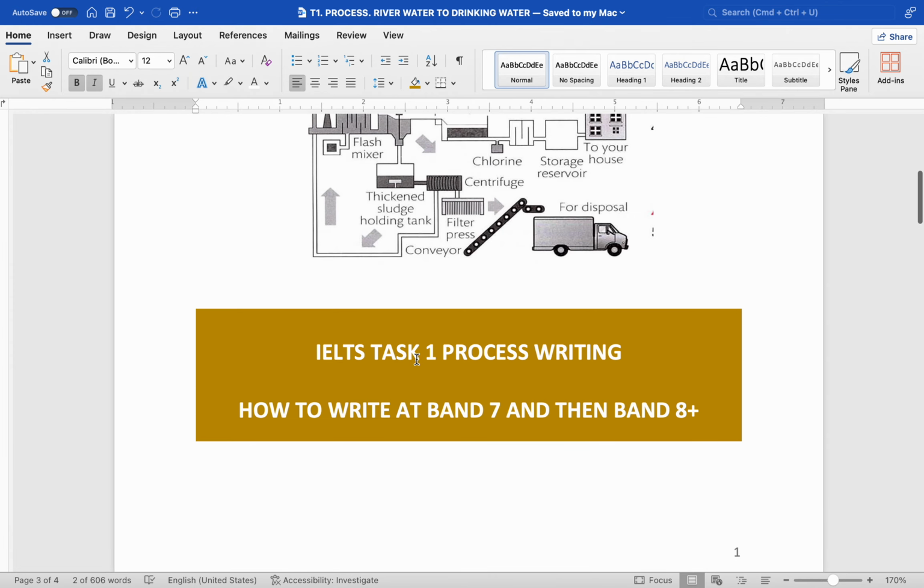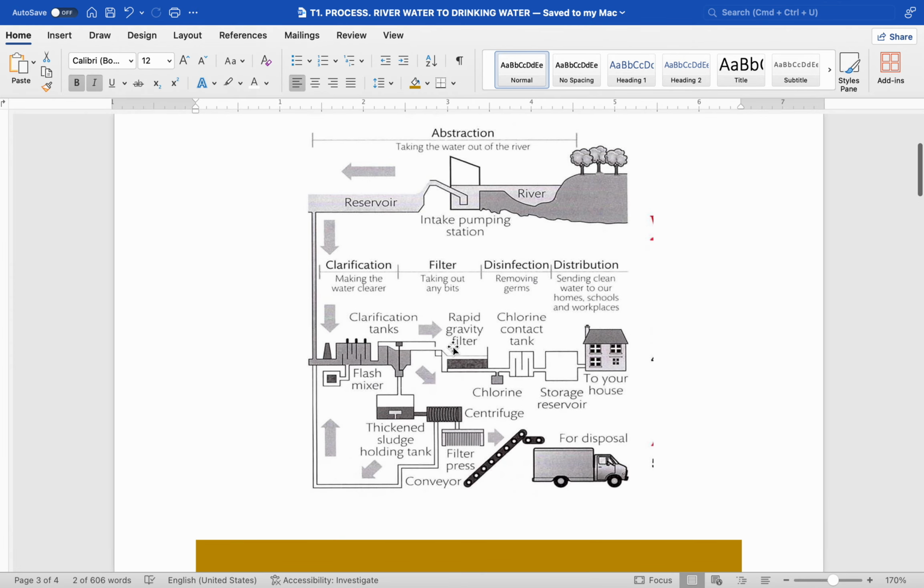Okay, I'm talking about this process. I'm here, I'm talking about this, but why is it really happening? How could I explain this better? Why is there a truck? I can't just say there's a truck or this conveyor. What is this? What is happening? Or storage reservoir, like what? The water starts with the river, then to the reservoir, and then clarification. Why is this happening? You need to understand, and then aim to make it easier for the reader to